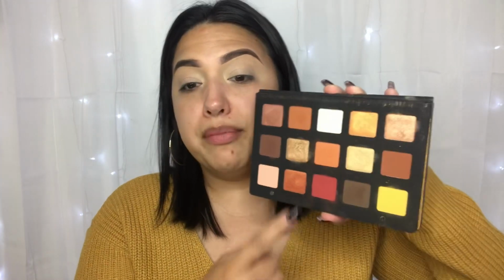Now we can go into our palette. She is a beauty. I love this palette. I don't use it enough. I've only used it a few times, but it is so pretty. So I'm gonna start off by applying this color right here in the crease, and I'm going to